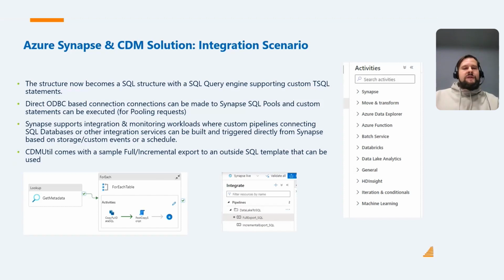One of the benefits, if you use Synapse as this solution to run the statement and push it, is that it supports monitoring workloads and integration work. Monitoring means that when you build your pipeline, you'll be able to actually see whether it was successful. You can get your notifications when it fails. You can repeat the same push again, and it can be triggered directly from Synapse, or it can be triggered also based on events. So for example, when it fails, it can automatically repeat itself, raise an event, and so on and so on.